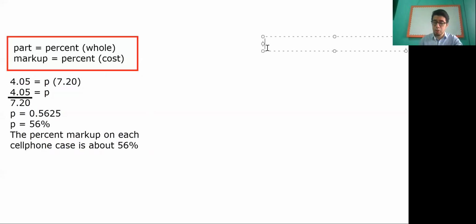On example number 2, we need to find the selling price. The local furniture store pays $110 for a chest of drawers and sells it with a 40% markup. What is the selling price of the chest of drawers? In the first part, you have the diagram